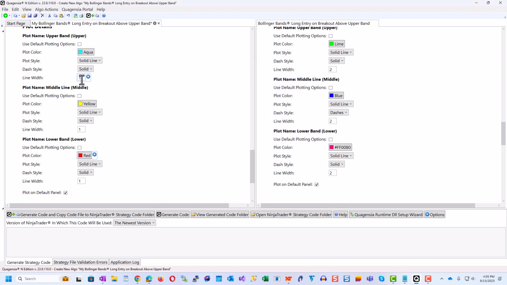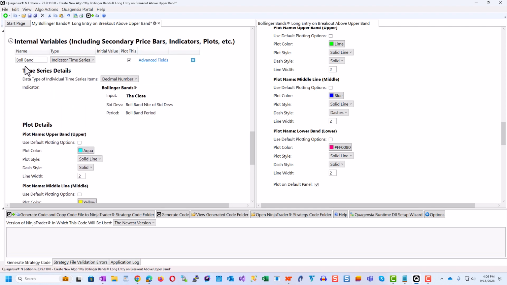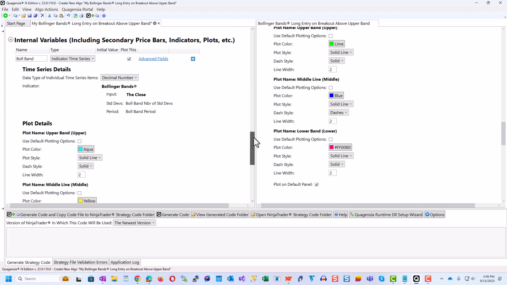And we'll make the line width 2 so you can see it in the video. You might like a line width of 1 when you're using it locally on your computer, but 2 looks better in a video. That's it. So now we have the Bollinger Bands internal variable so that we plotted in NinjaTrader and we can use its values in our logic.